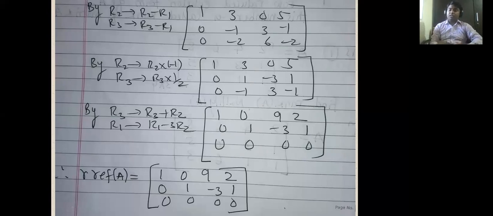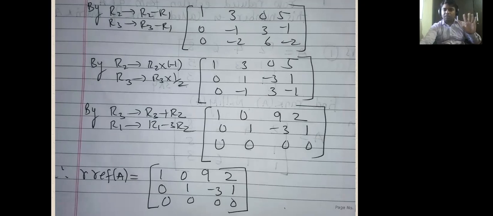In addition to that, the pivots are equal to 1, so this matrix becomes the row reduced echelon form. And how many pivot entries equal to 1 are we getting? Only 2. This is the first and this is the second, and in the third row there is no pivot entry. So only 2 pivot entries are there which are equal to 1. So by our leading one method, the rank of this matrix has to be equal to 2.